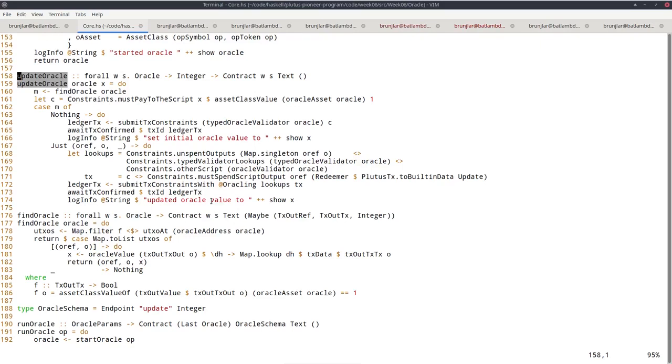Note that I said something about fee collection earlier, and this will happen automatically here. So the way this balancing works: say that this existing UTXO already contains fees, not just the NFT. In the constraints, we just say that we want to consume the existing one, and we want to provide a new one that contains the NFT. If the existing one already contains fees, and we say that in the new one we only want the NFT, then we have an imbalance, right? On the input side we have the fees, and on the output side we haven't specified anything about that.